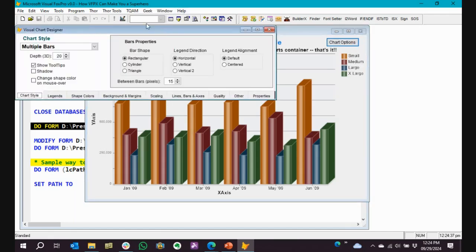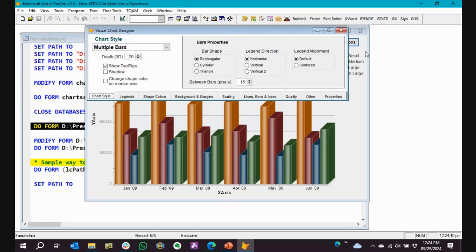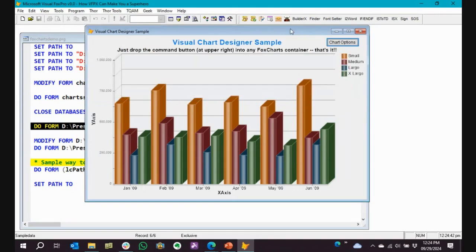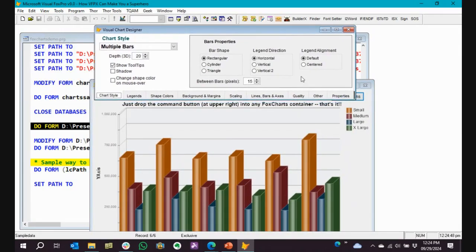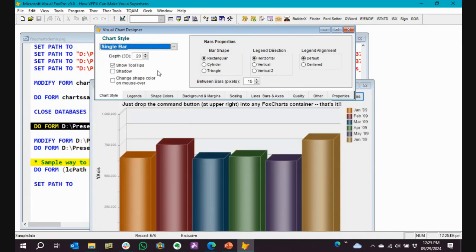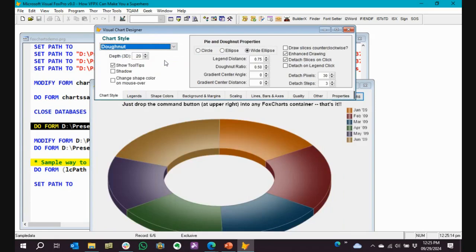Chart options. I'm going to leave this at the top. I'm going to move this chart. Actually, let's do this. Move this to the bottom. I'll leave this at the top so you can see it. Is that readable or do you want me to zoom in? It's not really all that important that you zoom in, but basically, this is like a builder for the Fox chart that's displayed. And it's allowing the users to go in and do the things that we would be asked to do. I don't really want a bar chart. I want a donut. I actually do want a donut right now.